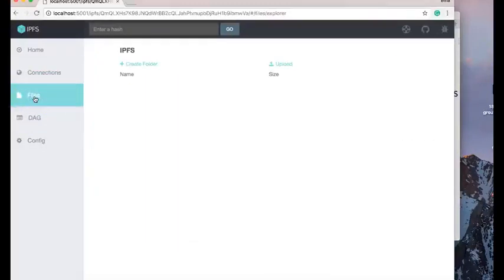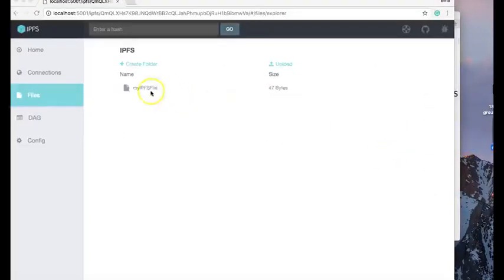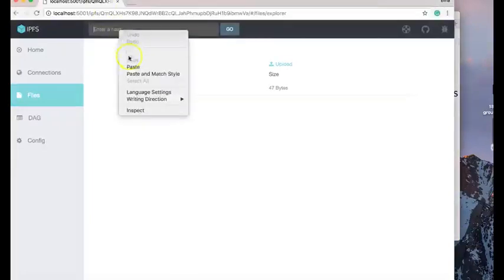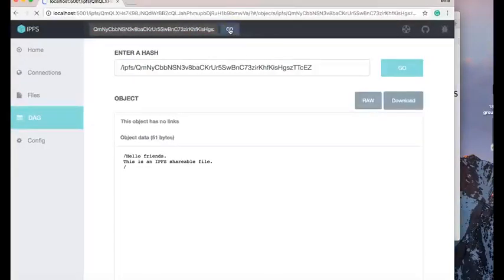When you go here, you can drag and drop files into this, and I'm just going to drop this file in here, and it is available for the whole world to look at and use. There are many more commands available, and I'm also going to add the hash here of the same file that we created. This is available for the whole world to use. It's of no use right now, but if it is a movie or a photograph, the whole world can use it.